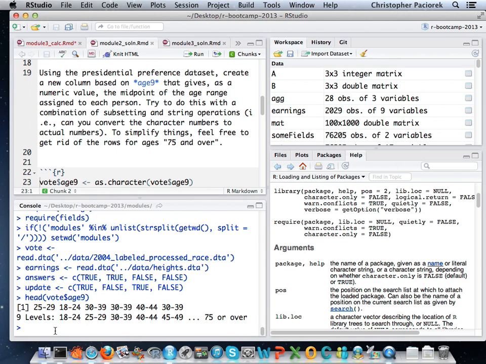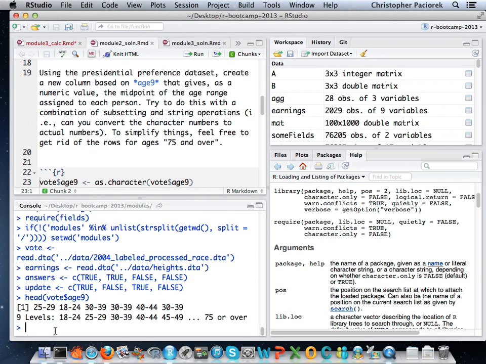Probably need to split each one into strings for each number and then convert those to numbers. Actually, there's even a step before that, which is what form is this variable in right now? It's a factor. So I need to get it to a character string. Then I need to do some sort of string manipulation to get the 25 and the 29 and the 18 and the 24 out. Then I need to get it to numbers. Then I need to do a little bit of arithmetic. Then I'm done.